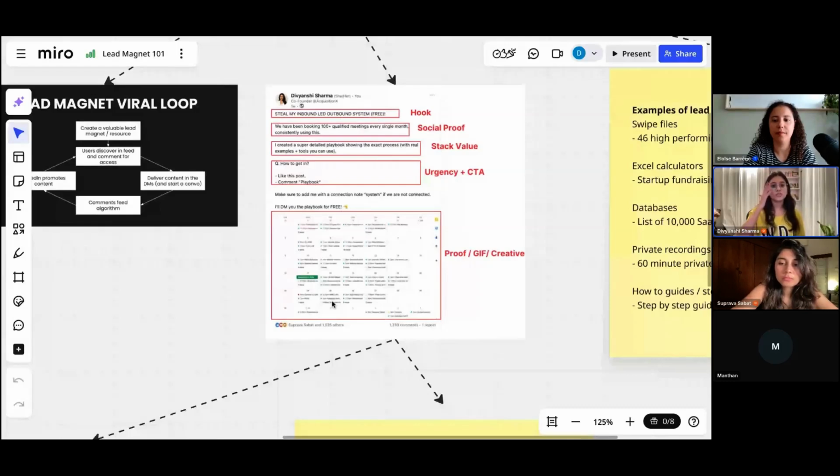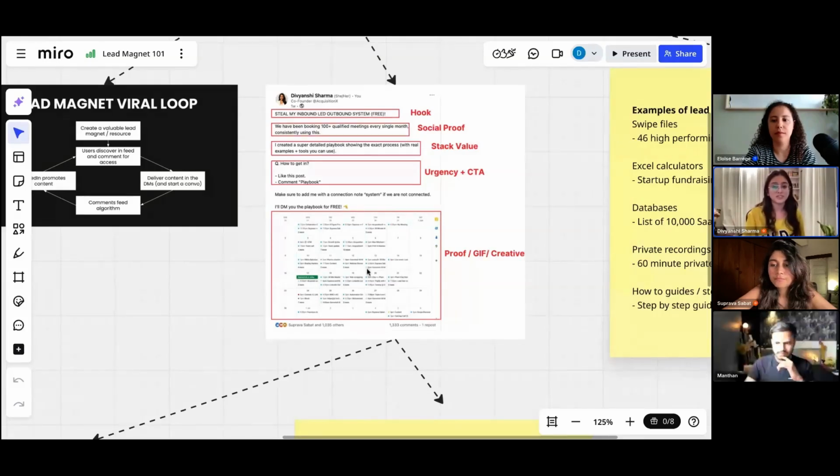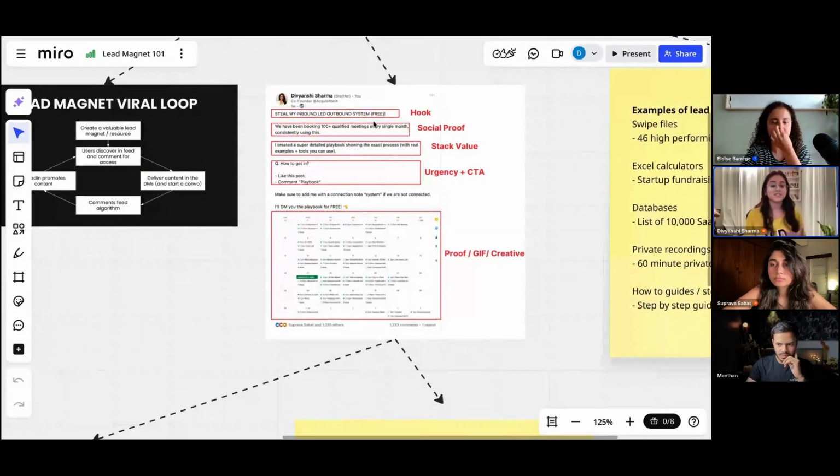Now a graphic also plays a major role, because humans are basically visual people, so if an image is lucrative or good, we will of course get attracted to it. In this you can see I added a proof of my calendar. So social proof with an image, of course it will perform well. Because I am running a lead gen agency, a calendar was good for me. If you are running a Facebook advertisement agency, you can add the stats of